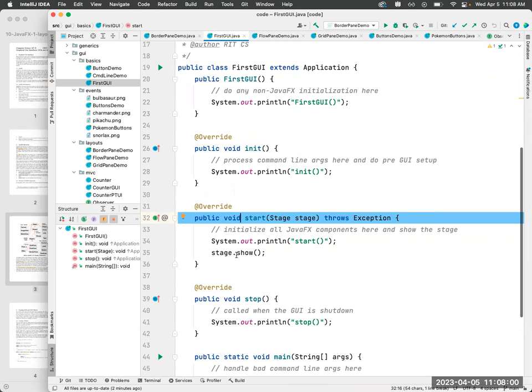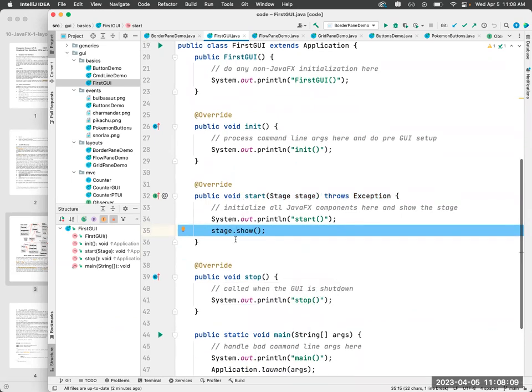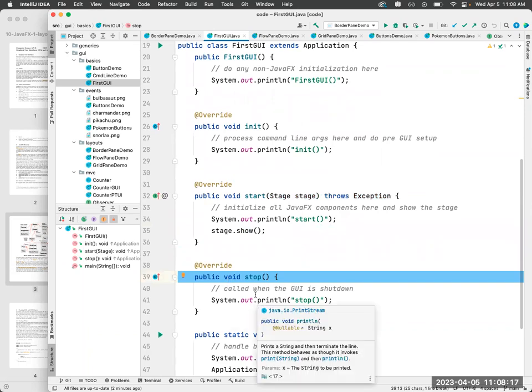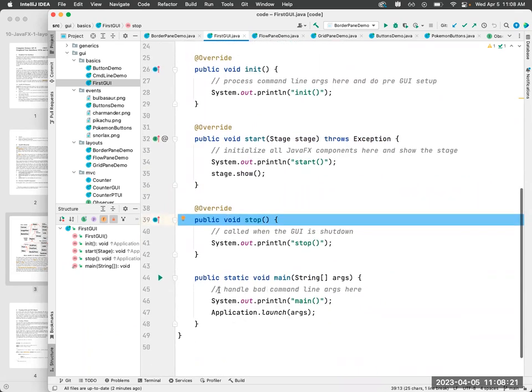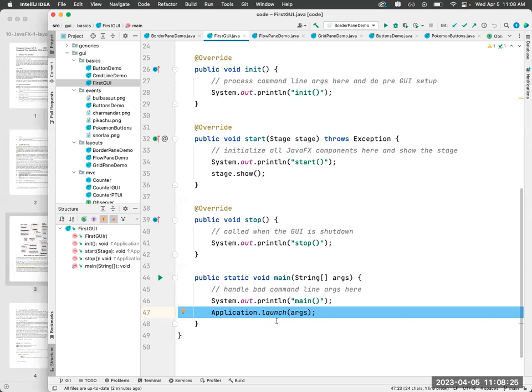That's usually when you would call the show method to have the elements being presented in the window. And then finally, when you close the window, you can have a method that would execute some sort of command, some cleaning up that you need to do, or just really some message that needs to be printed. And then you have the main method that in this case, I am explicitly calling the launch